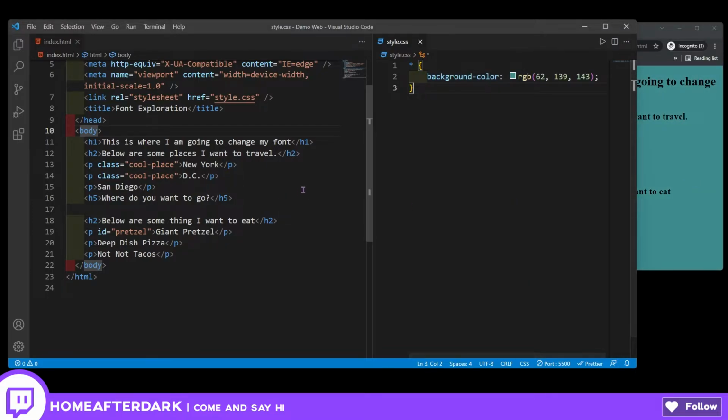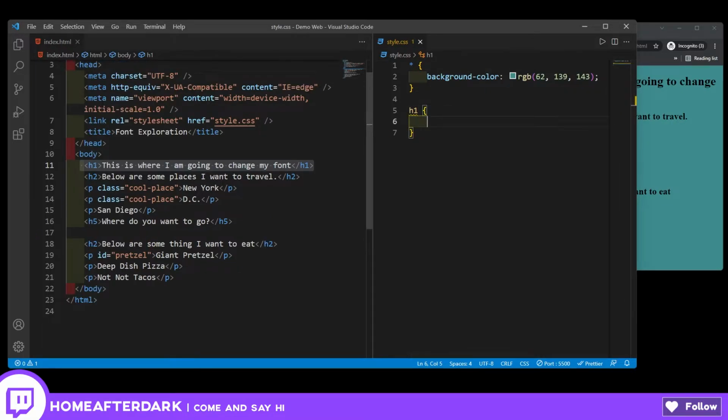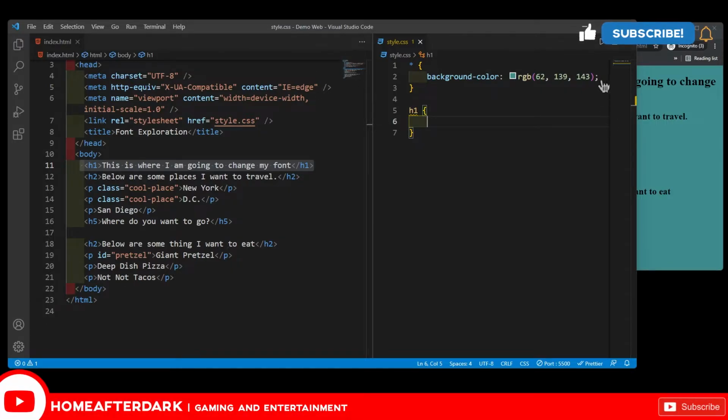So we're fine there. But let's say I wanted to do something to my H1. This is where I am going to change my font. So we know the syntax is this: H1, open and closing squiggly brackets here. But what do I do? Like, if I'm a student, what do I type here? What are my options? So if you don't know, you could just maybe start typing stuff, see if it auto completes,